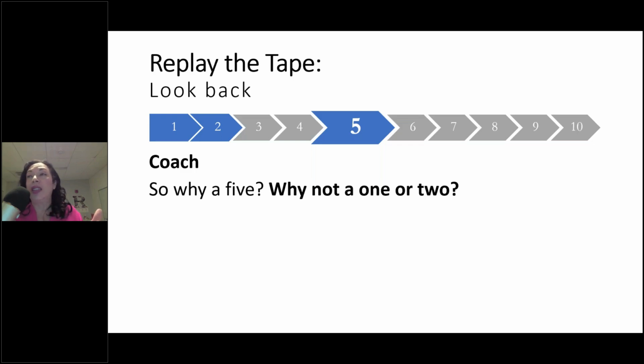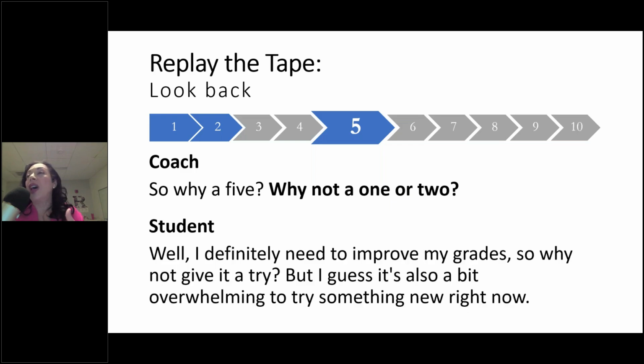And notice what Jade says. She opens up with change talk, acknowledging that she needs to improve her grades, and this shows that there is some motivation. This change talk is crucial because it signals a readiness to explore the change further. By tapping into these motivations, the coach can now work with Jade to strengthen her commitment and address any concerns or obstacles like feeling overwhelmed.